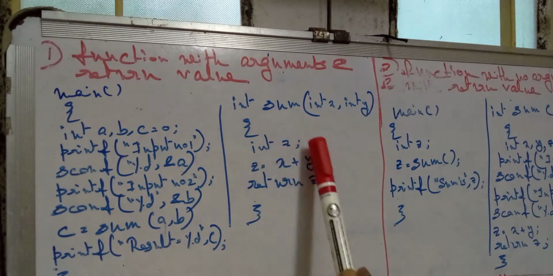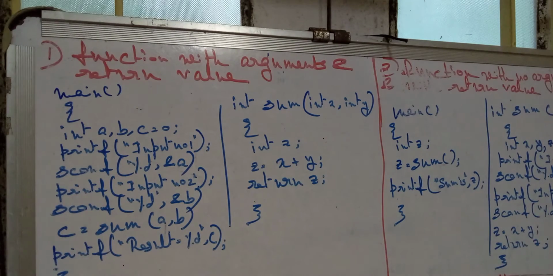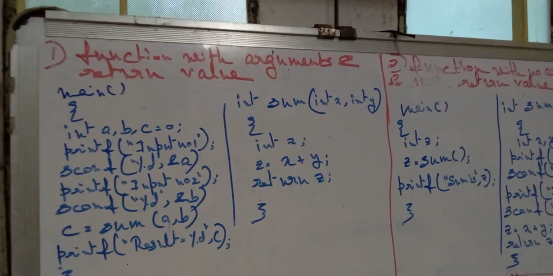Here I have taken another variable z, z equal to x plus y. So I am returning z. The value of z is returned here. C is catching that value. The value of C is printed. There may be other category